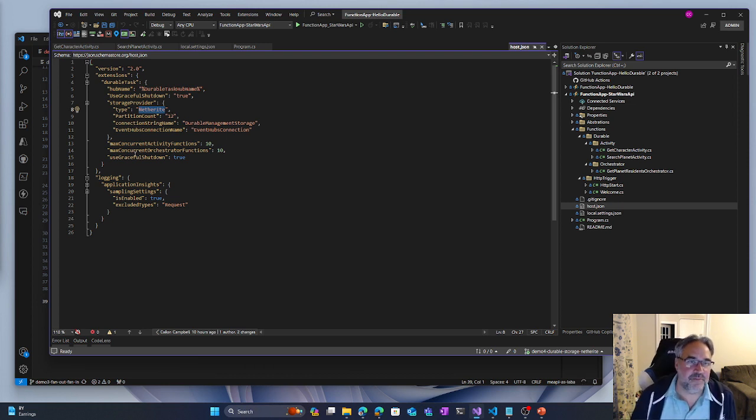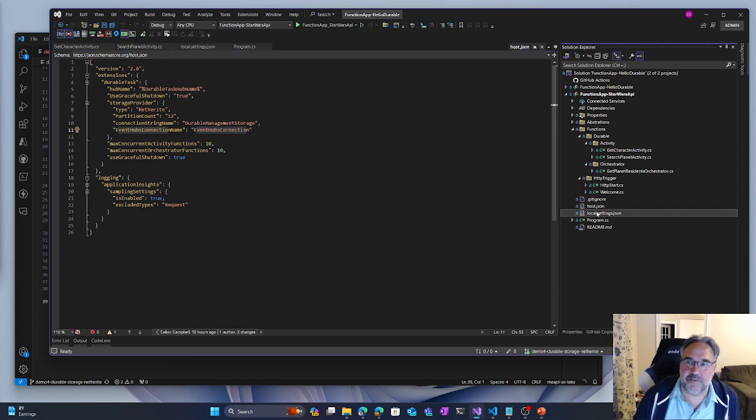So this is the bare bones. I put in netherite, I put in the partition count of 12. Then my connection string name is durable management storage, and my event hubs connection is that. So if we go over to settings,